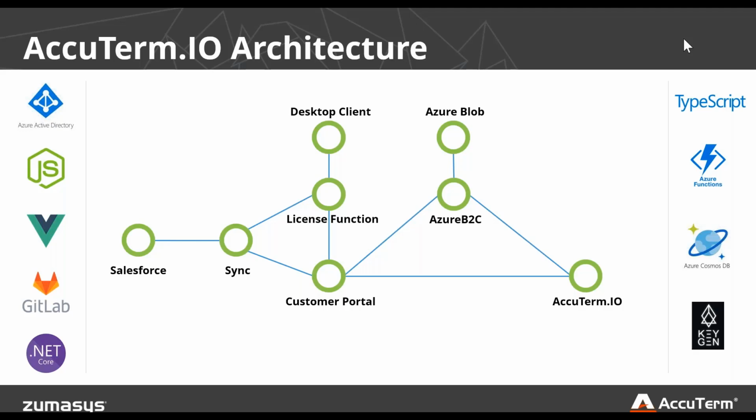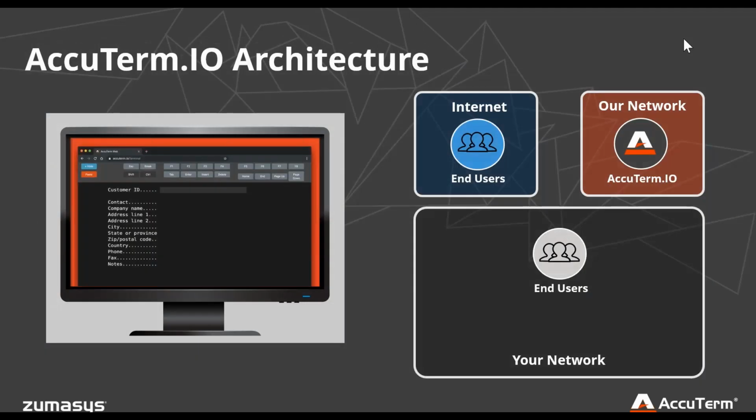So let's now talk about what it does, what it changes, and what it doesn't change. Really, what AccuTerm IO is doing, and the website pieces we have, is the delivery of AccuTerm. Whether you're a user who's remote or a user who's inside your application, they're hitting our website, logging in with users that you set up to get access to the AccuTerm software, not actually your server, but the AccuTerm software and the config files. That stuff is then delivered down to your PCs.